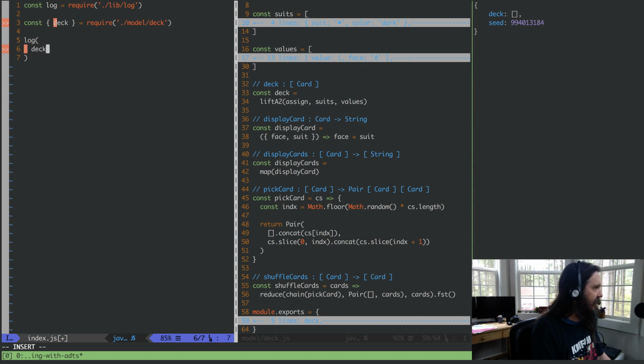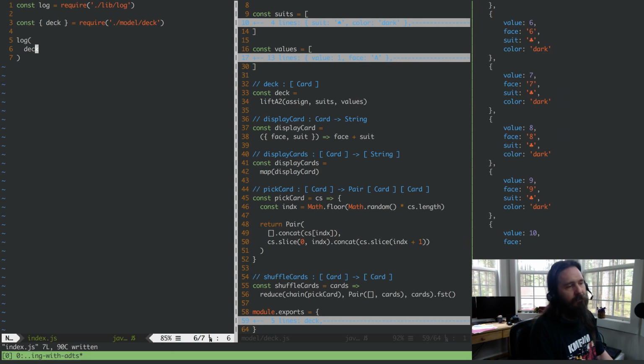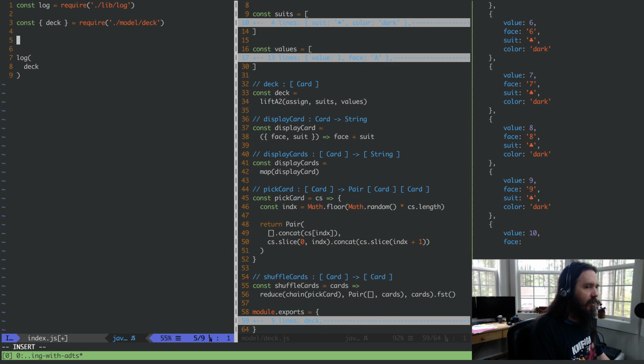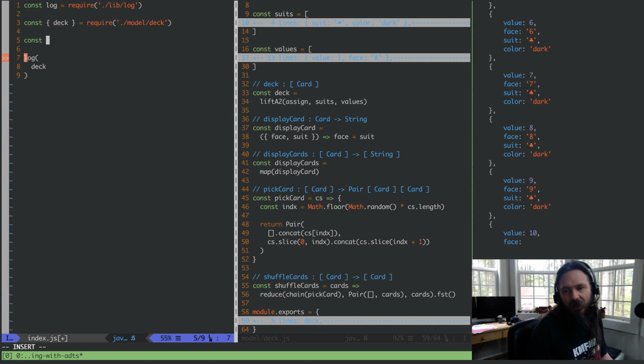So if we look at dec here, we see that we should get back our array of just our cards that we were expecting there. All right, so we'll play with that dec, and let's redo this pick card function. But instead of pick card, let's make it select card, or not select card, draw card, because we're drawing a card from somewhere in the thing. So we'll call it draw card. All right, so we'll do our draw card here, and we'll define draw card as a function